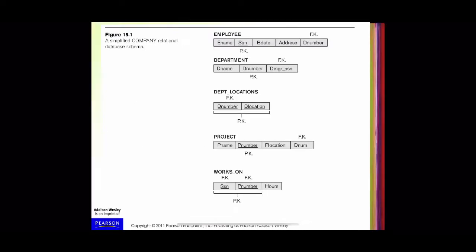Just for example, in the case of our employee company database, we have an employee relation. If we go through the attributes for any tuple in this employee relation, it gives information about that employee: the name of the employee is this, the SSN, birthday and address are this, and this employee belongs to that particular department. So the corresponding semantics is clear.